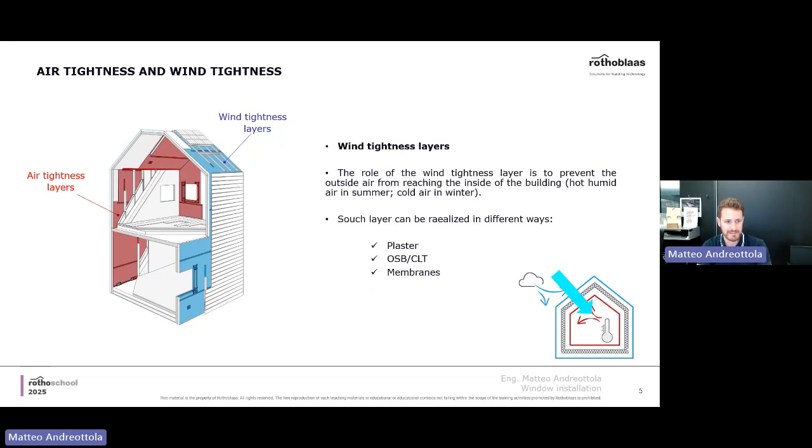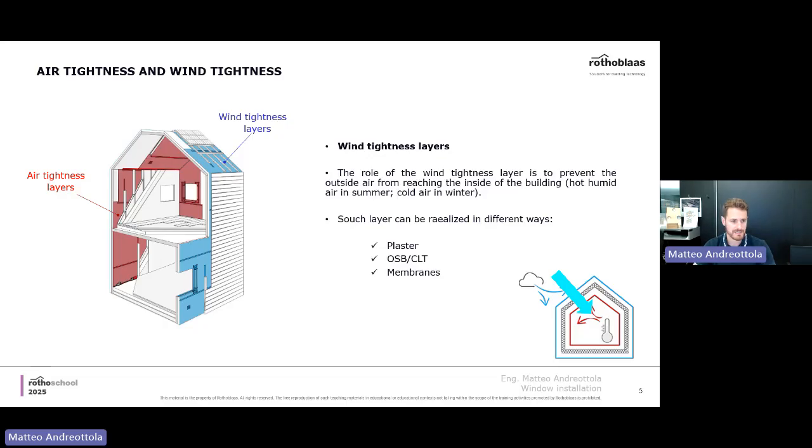So another question that you might have right now: what materials can I use to do the airtightness layer, for example, or the wind tightness layer? There are many materials that you can use. For example, plaster is a wind tight and airtight material. Also OSB, oriented strand board, is full of glue and therefore it's 100% airtight. I mean, the panel itself is, but keep in mind that every time you have a discontinuity, you have a gap, basically, there's potential air coming in. So you have to seal all of the gaps that are potentially happening.